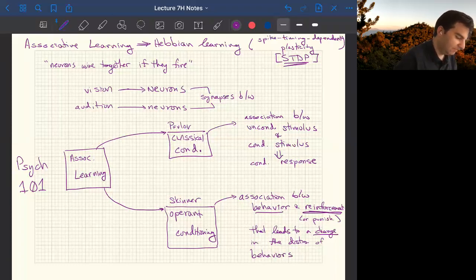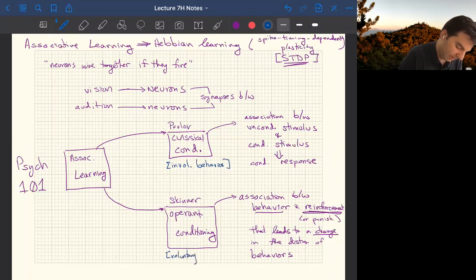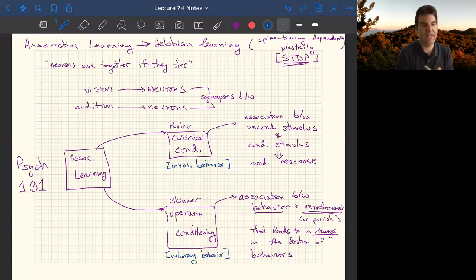So it is actually the association between the stimulus and the behavior that is rewarded. Some people will say classical conditioning relates to involuntary behavior, and you might view the operant as voluntary behavior. And I link the operant conditioning to genetic algorithms because